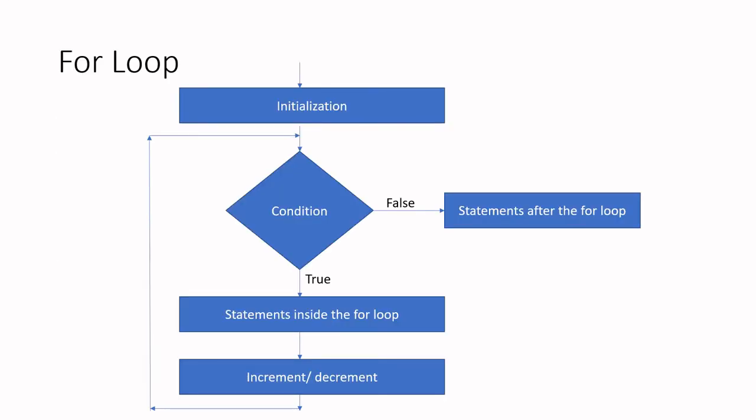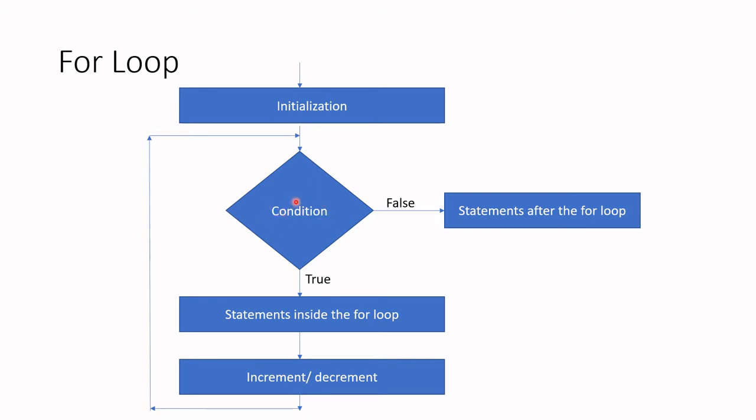This is the flowchart of the for loop which demonstrates the working of the for loop. In this, first we will do the initialization. After the initialization, it checks the condition. If it is true, then only it will execute the statements which are written inside the for loop. After that, it will do the increment or decrement,